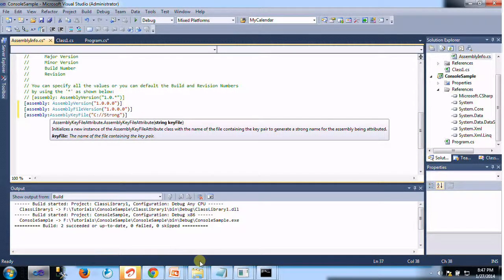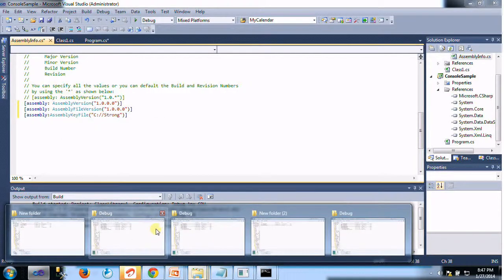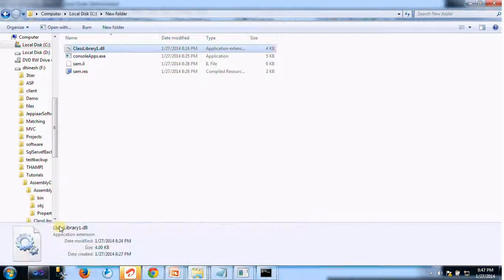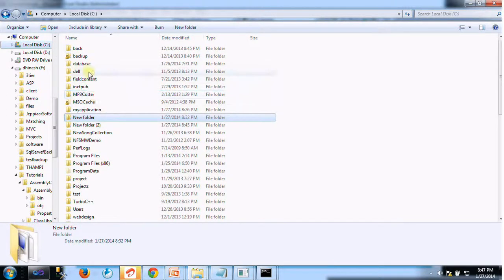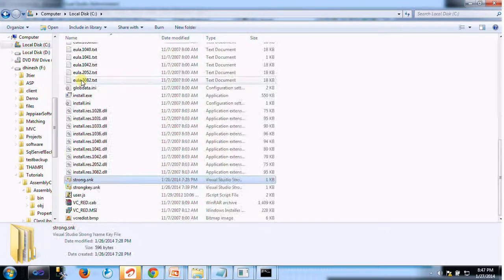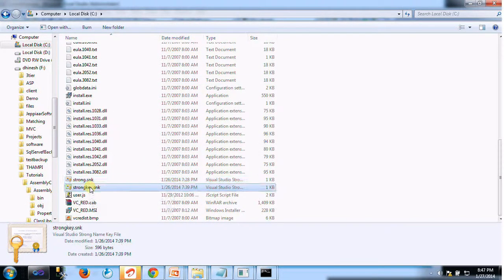Let's quickly look at this. Going to the C colon, strong key. Let's copy this.